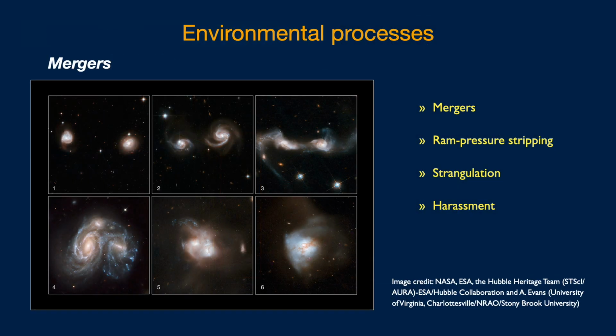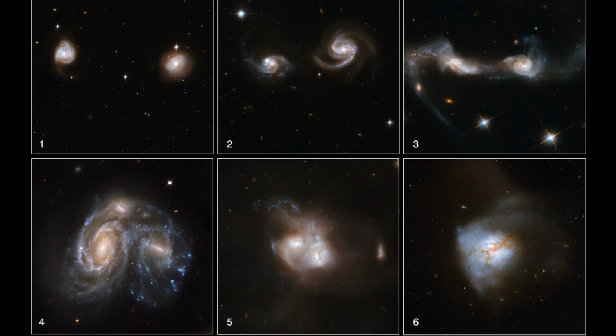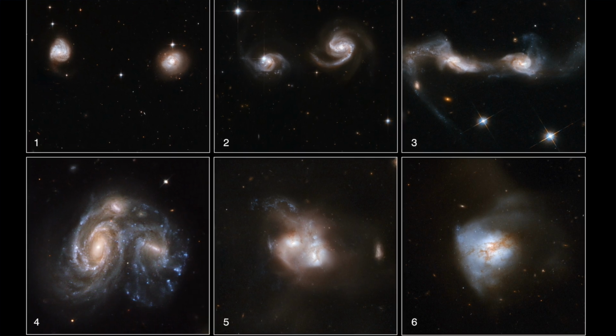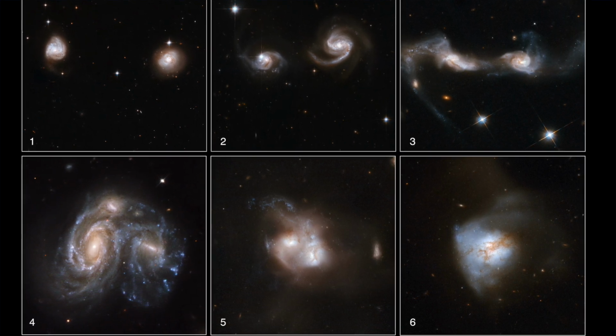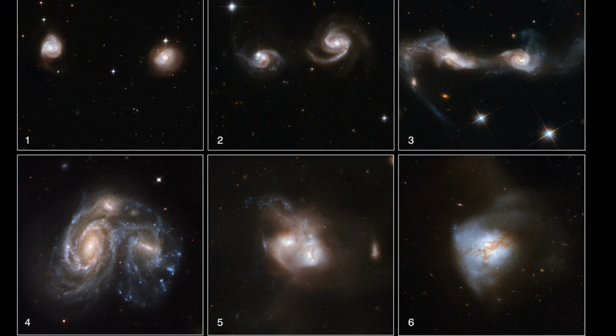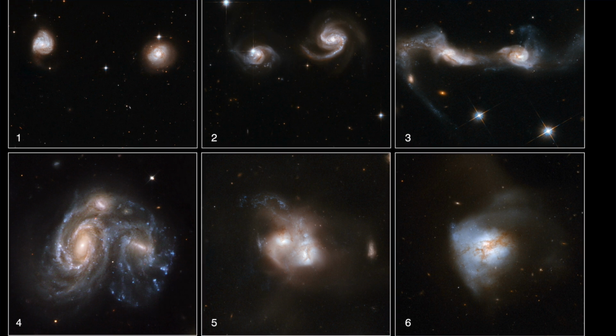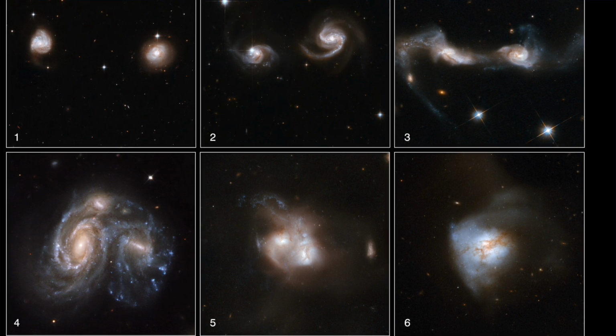But astronomers have found some clues by studying galaxies with unusual morphologies, such as those shown here. Based on such observations, astronomers have come up with suggestions of several processes which can impact the properties of galaxies. If you look closely at this montage of images going from number 1 to 6, you'll find that these different systems appear to be stages of evolution of a system of two galaxies which interacted with each other and then combined to form a larger system.